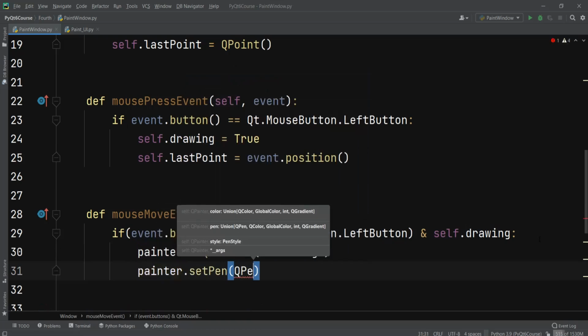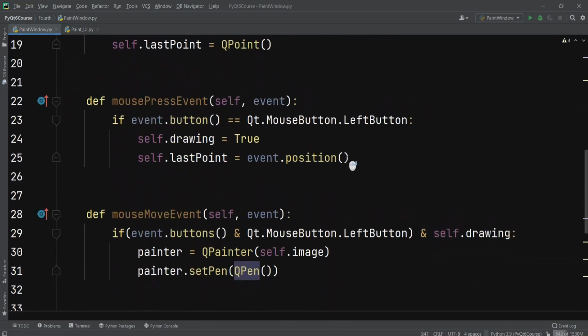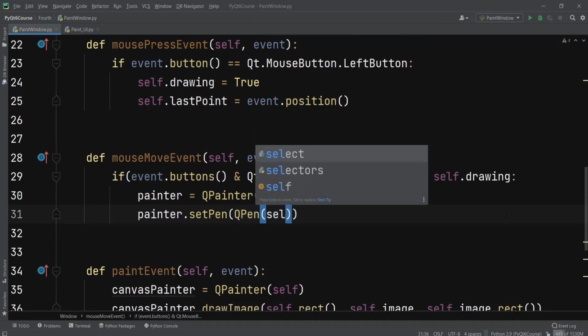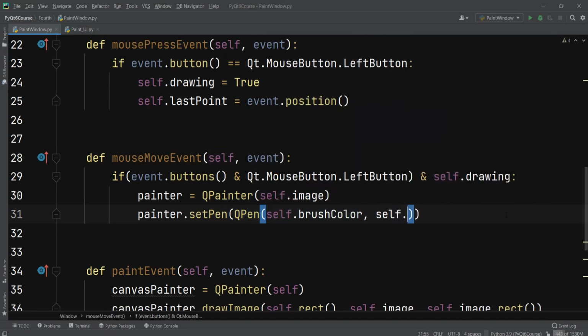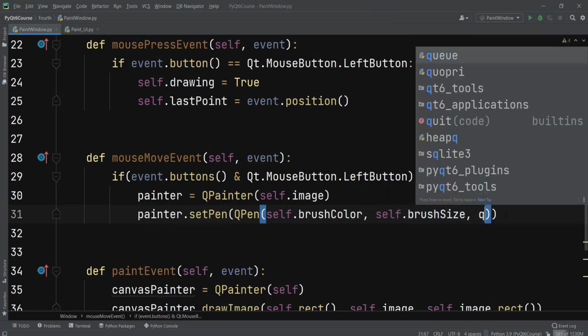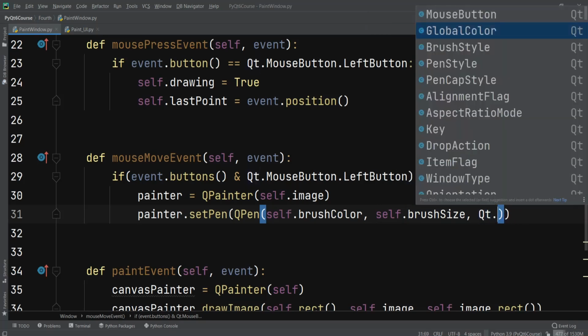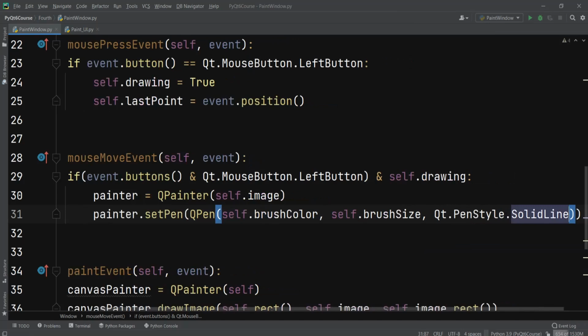For example, we can use QPen in here. We need to just import QPen from the QtGui module. So I can just say QPen, and after doing that, we need to give self.brush color, and also we need to give self.brush size. Okay. Also we can give Qt.SolidLine. Okay, so dot, I think it is PenStyle.SolidLine. Yeah. Okay,